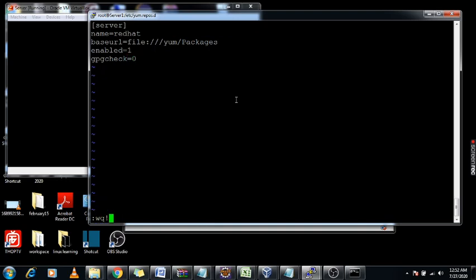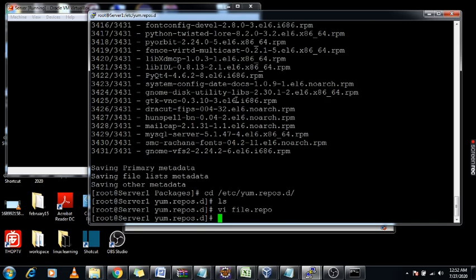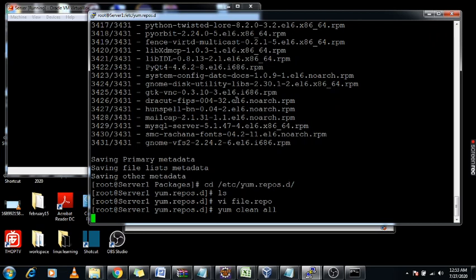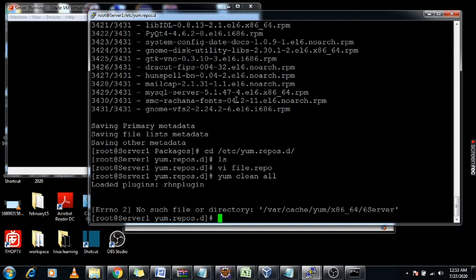I am going to save this file and check whether it is working or not using the yum clean all command. Here it's reflecting no such file, /var/cache/yum/6server.